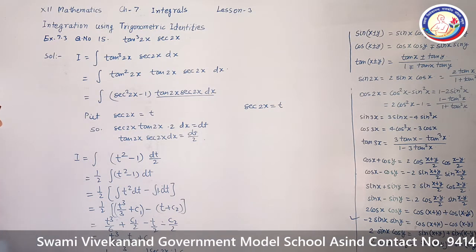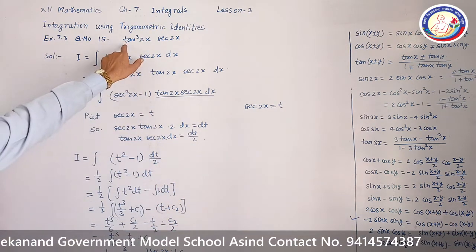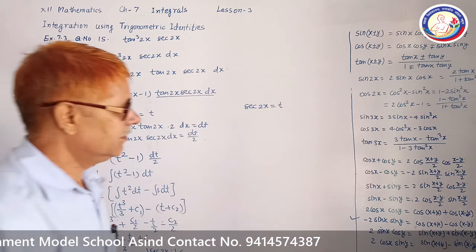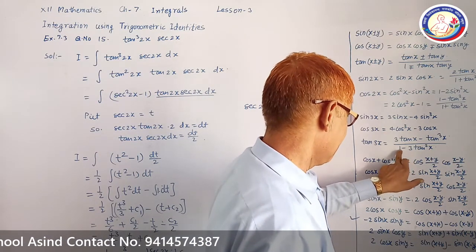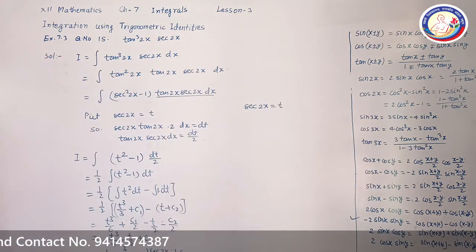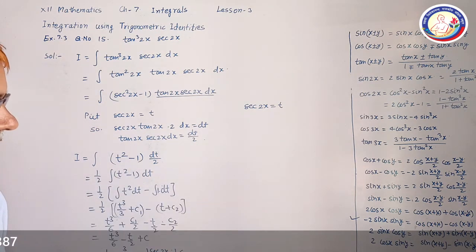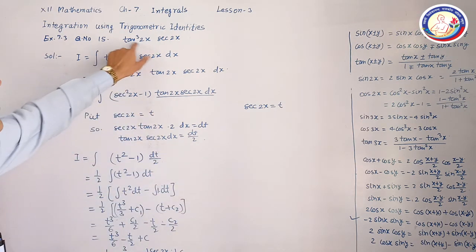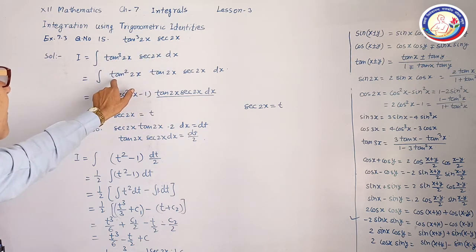And hence we can obtain the integral of this function. So what we have done, I am explaining again. We have tried all possible methods, but using this formula for tangent cube x, it will produce some complex function. And to avoid that, what we have done, we have broken this tangent cube 2x in two functions as tangent square